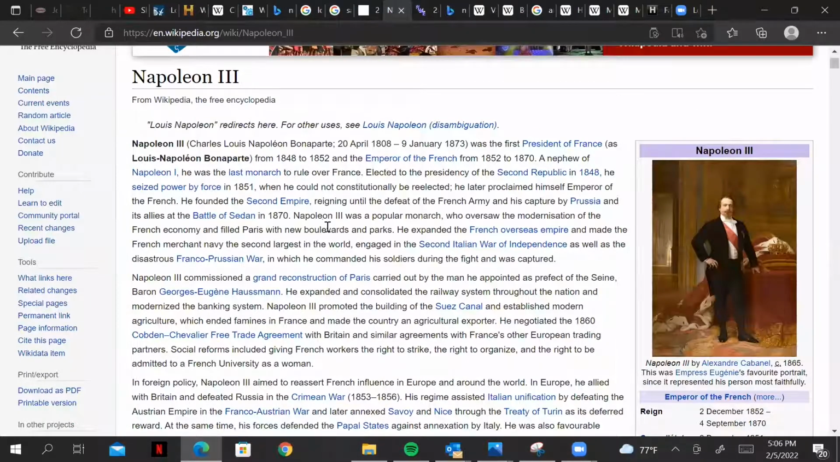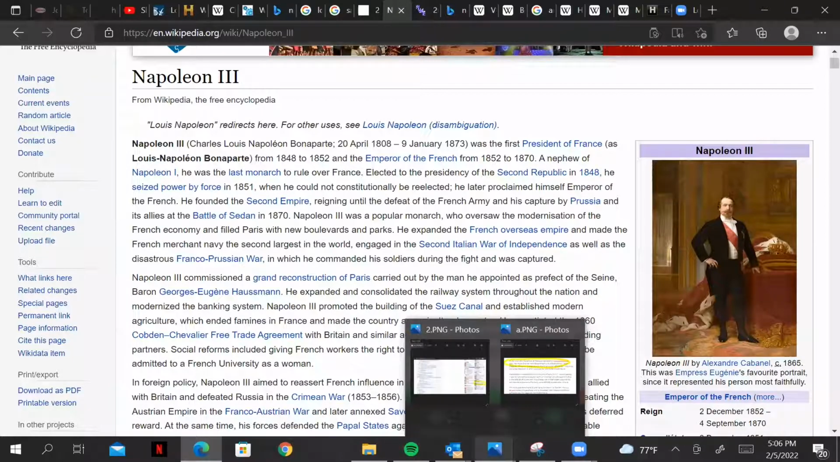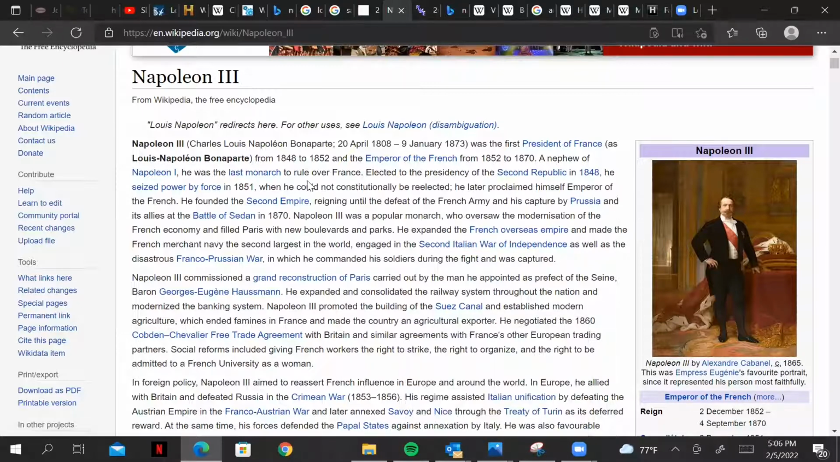And then we also have this figure, Napoleon III, and he was the nephew of Napoleon. And he was the longest serving emperor of France. And we're going to see how his influence shaped the United States. So there's a lot of characters involved in this story. And already the